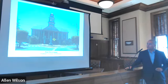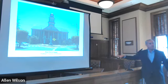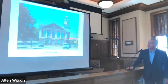The smoke was billowing out of here, and it was a tragic fire. At about 1:30 or 2 in the morning, that tower fell backwards into this room, and basically all the wood was burned out. So what was left were the 4 exterior walls. And coming from the east,